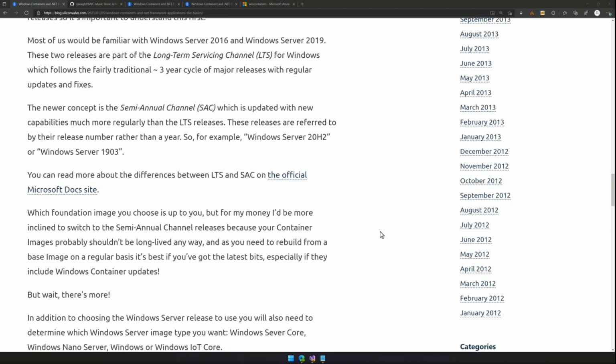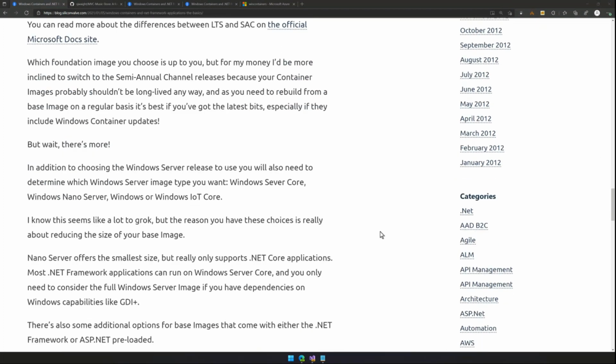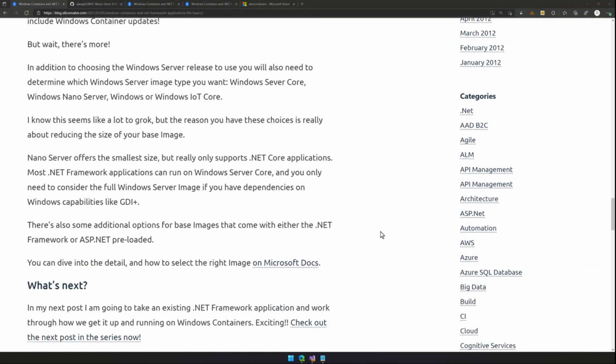For me, if you are starting to build with container images, you probably want to consider moving to using the SAC channel, because then you're getting all the latest bits from Microsoft. Now, it does put some pressure on you in terms of you might get breaking changes on a more regular basis than if you're sitting with a more traditional LTS release of Windows Server, but it does mean that you're getting fixes and features on a more regular cadence, certainly features, than you will with the LTS Windows Server versions, where you're probably just getting fixes and security patches as you go, and not new features in those release channels.